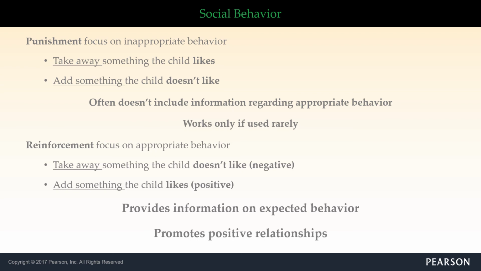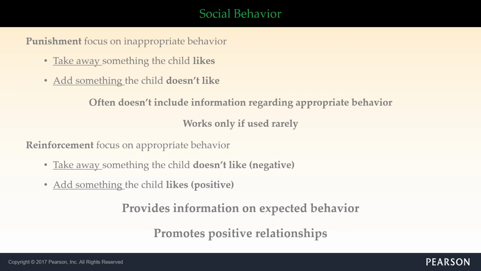And so when we're focusing on appropriate behavior, when a child does something we want them to do, we take away something the child doesn't like, and that's called negative reinforcement. For example, if they don't like picking up their toys, when they do something appropriate, we'll tell them we'll pick up their toys for them because they shared with their sister. And so that's completely opposite of what we do when we're punishing. When we punish, we take away something the child likes, whereas when we're reinforcing, we take away something the child doesn't like. And by the way, negative reinforcement is not punishment.